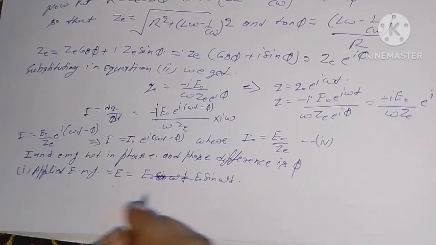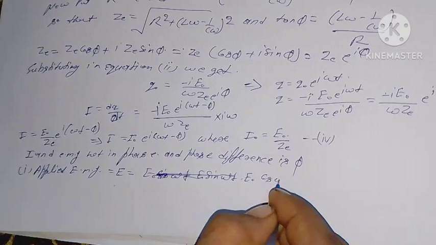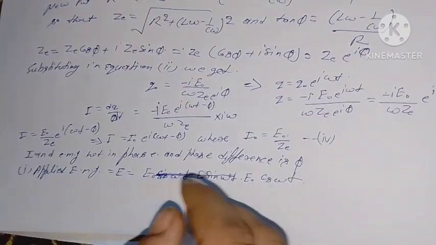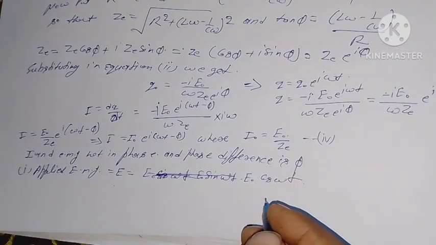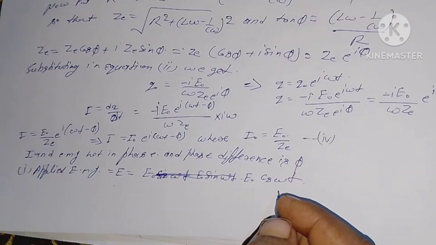The applied EMF equal to E naught cos omega t equals E naught e to the power i omega t can be put in the form